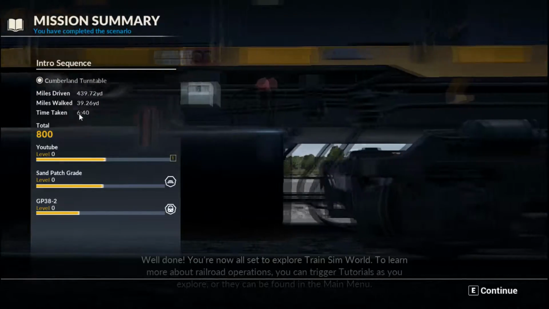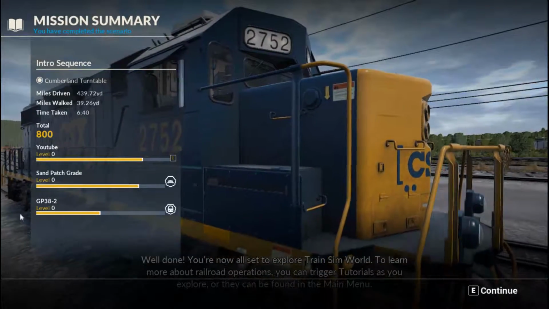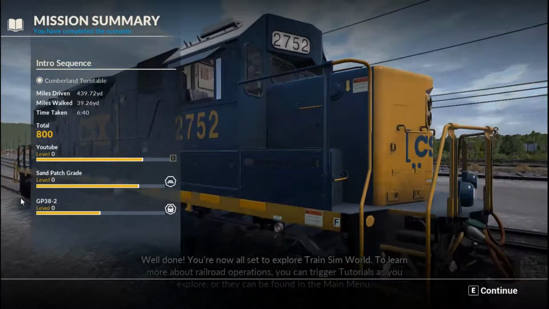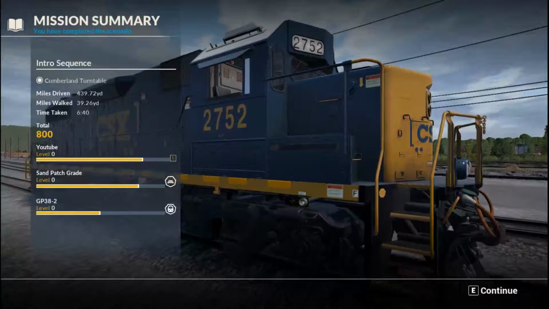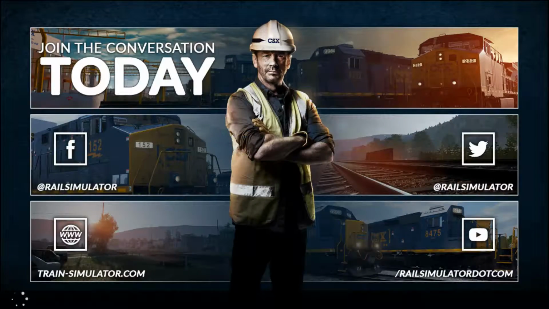So we did 4 and 39 yards. To learn more about railroad operations, you can trigger tutorials as you explore, or they can be found in the main menu. So let's continue. Let's go to the next tutorial. I'll do one more tutorial and